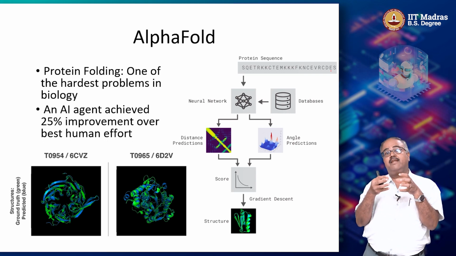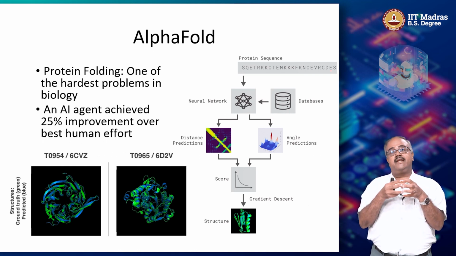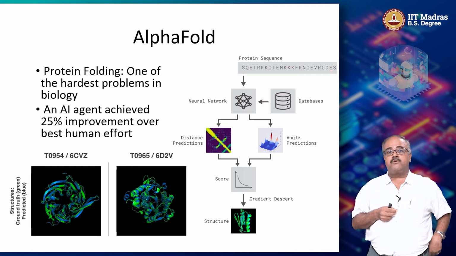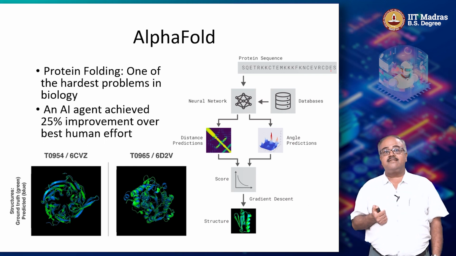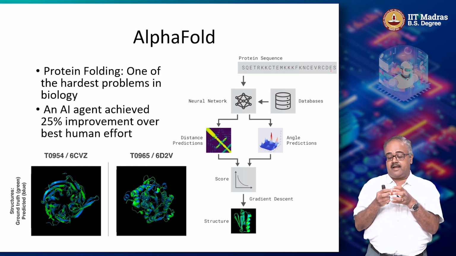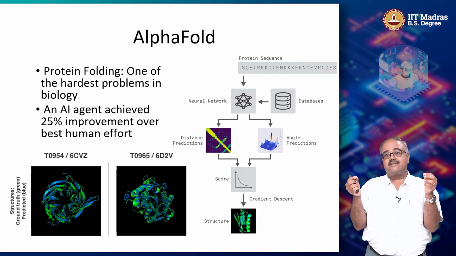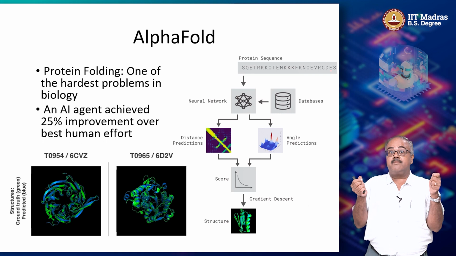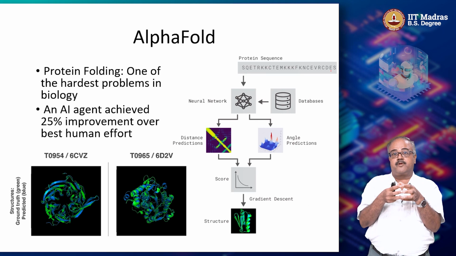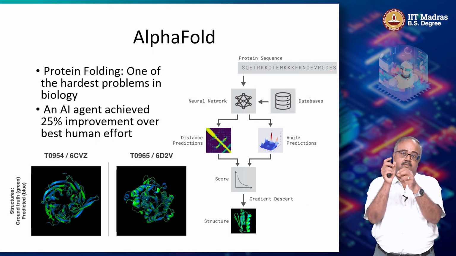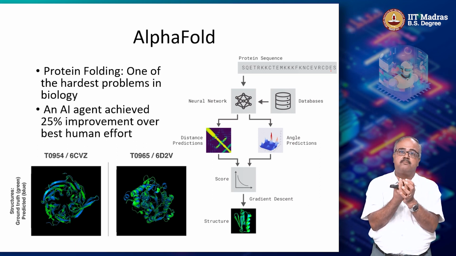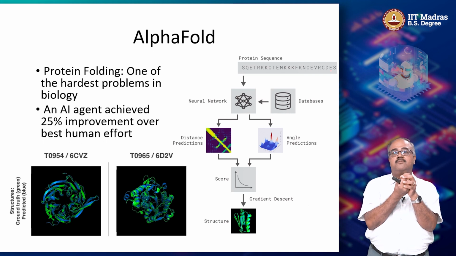And people have been struggling for decades to figure out what the 3D structure would be, so that you can form new proteins that will help cure certain diseases, and understand what is happening in the body, and so on. The sequence of amino acids, the sequence of molecules that you have, does not determine the property of the protein. It's the folded structure that determines the property of the protein, because a particular molecule or element that you are looking for could get folded into the structure so that it is no longer accessible for any reactions.